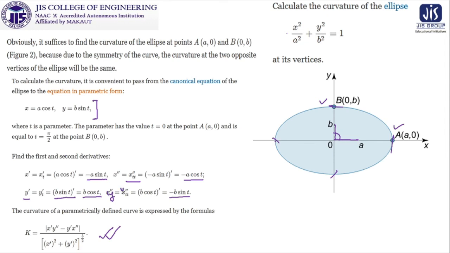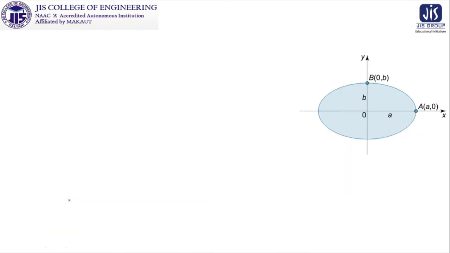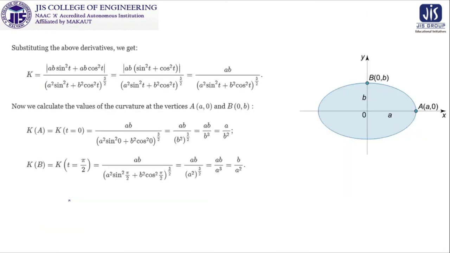So our job is to substitute these values over here and to just find out the value of k. So this was the diagram. Now substituting those values, that means the derivatives x dash, x double dash, y dash, y double dash in k, you do this calculation in your own approach, because I am not elaborately discussing the calculation, because this is very simple.